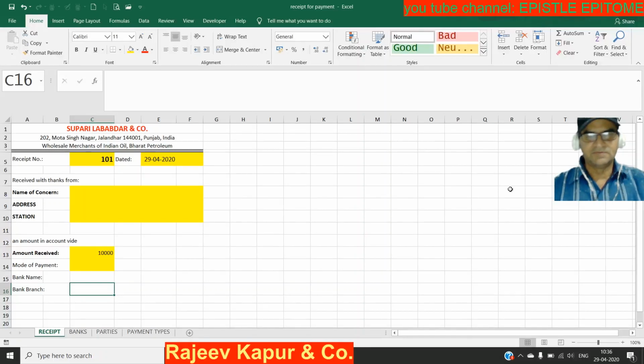Hello friends, today we'll try to learn how to prepare the receipt of a concern when a payment is received, and against that payment a receipt is issued to the party. So how can we automatically get the party's name and their station or address, and likewise the mode of the payment and the name of the bank from where we have received the payment, including the